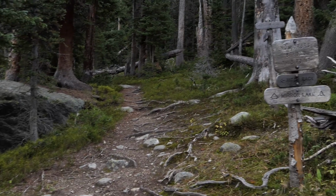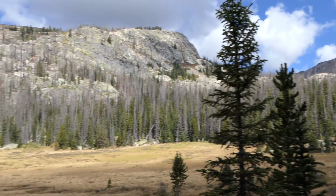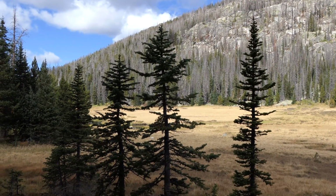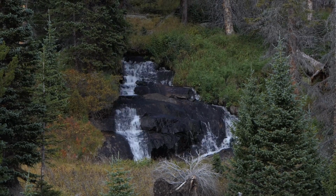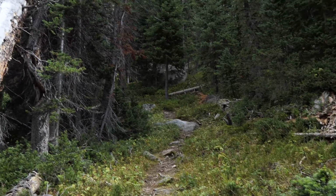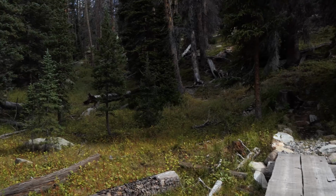Eventually, after a while of dropping down and then working up and around, it finally comes into the Cascade Creek drainage with really pretty meadows. And you can see Cascade Creek. You can actually see a little cascade, which is fun. But eventually we worked our way around that and looked up into that drainage and started climbing,